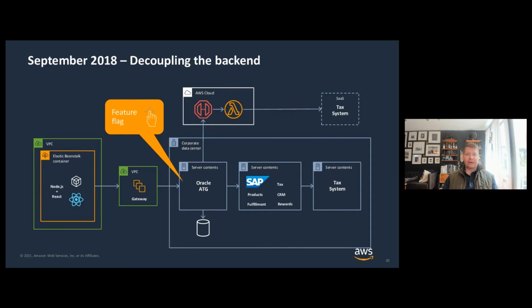And so what they did is they routed out the requests using a feature flag. So that's the ability to dynamically direct traffic between systems without really interrupting the front-end user experience. And so, given this was a read operation, not a write operation, it worked really well for a feature flag.